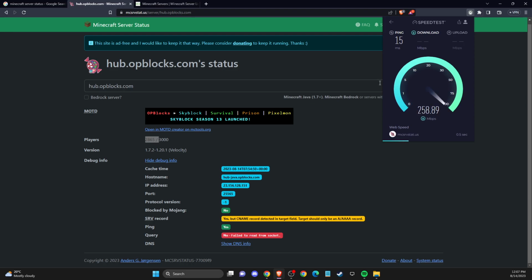And if you don't, maybe limit some devices and restart your router to increase your internet speed. And always, if you have the option, use an Ethernet cable, because the connection will be more stable and better, right? And still, if you're having this problem, another thing that you can do here, you need